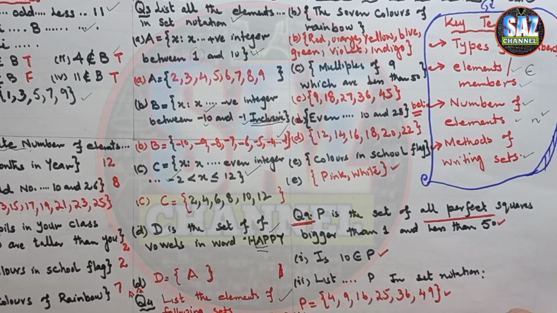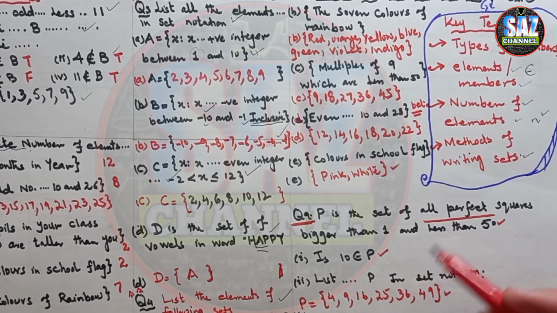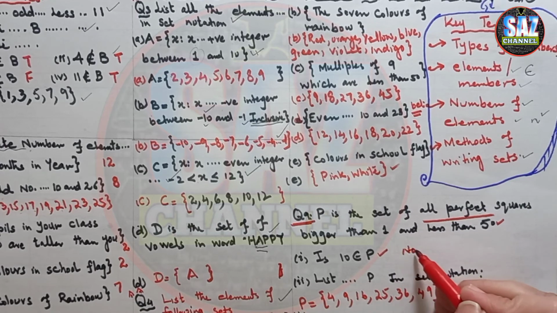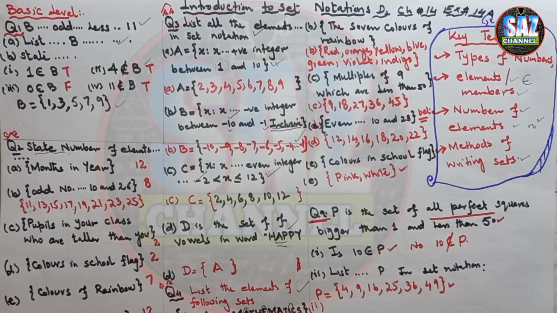For the clarity and better understanding of the first part, otherwise you can decide it in the beginning that 10 does not belong to P, because 10 is not a perfect square. So we have to write no, 10 does not belong to P. Try to learn and apply the concepts that you have done before this lesson, so that you have a clear understanding of the new lesson and integration of the previous lessons with the new lesson. I hope you are clear about this lesson.